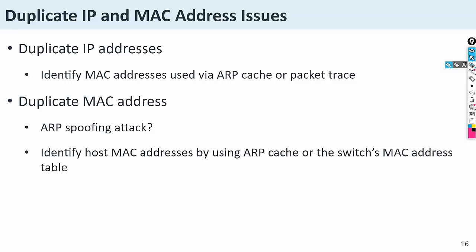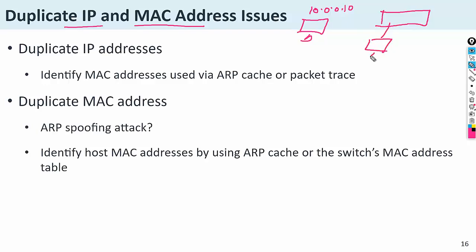Another type of logical issue is a duplicate IP address or MAC address. For example, you have an IP configuration of 10.0.0.10, but this device is not connected to the switch, and you have provided the IP address 10.0.0.10 to another device that is connected to the switch. This adapter is already configured and you have just connected this one, so they will conflict and they will not work